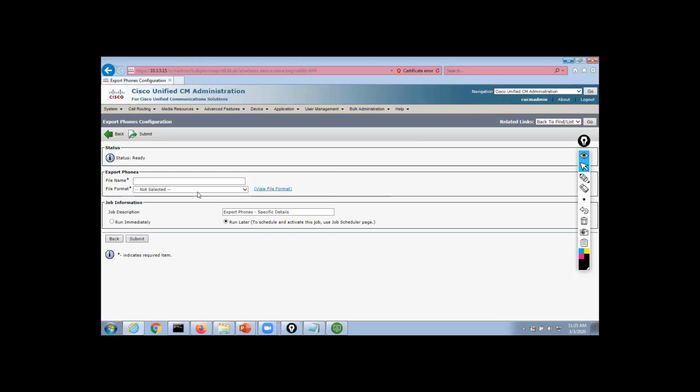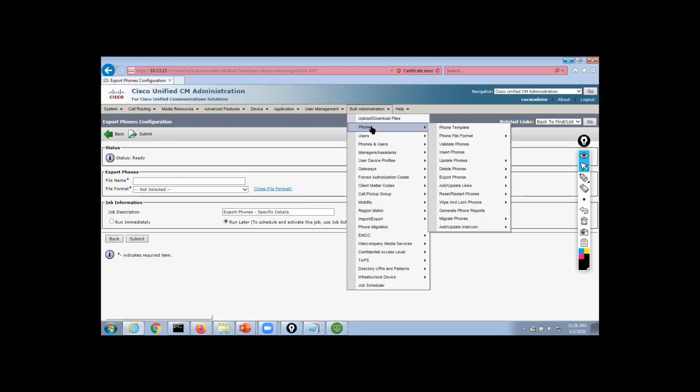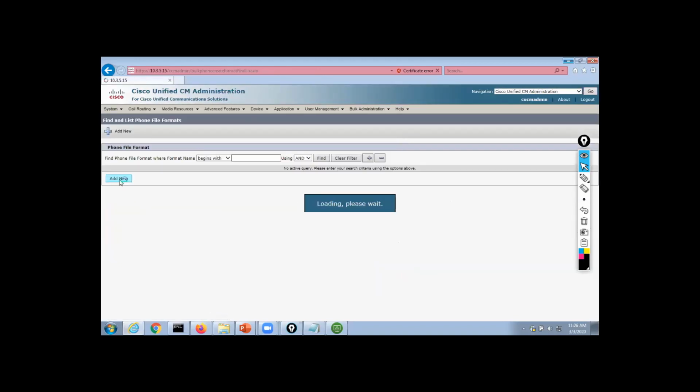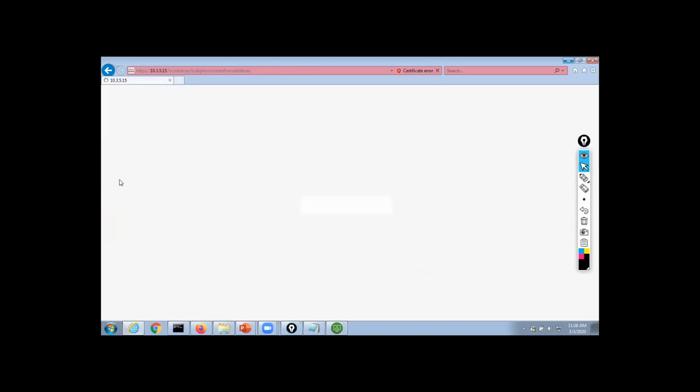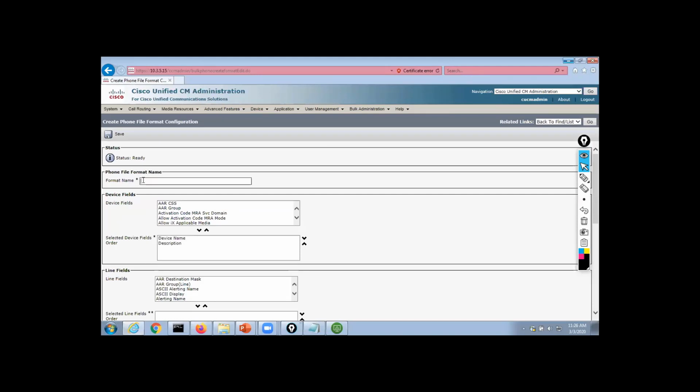There we go. File format. I would need to have had the file format ready. So how do I do that? Again, if you were with us yesterday when we did the speed dials thing, how do I go about that? I go to Bulk Administration Tool, Phones, and File Format. I'm going to create a file format, Add New, and I'm going to call this All